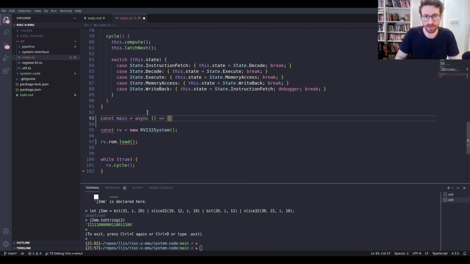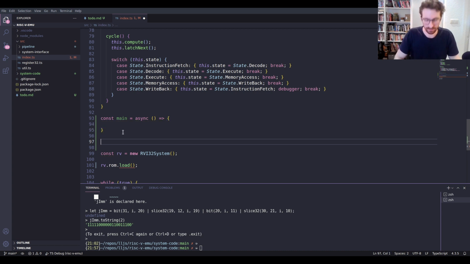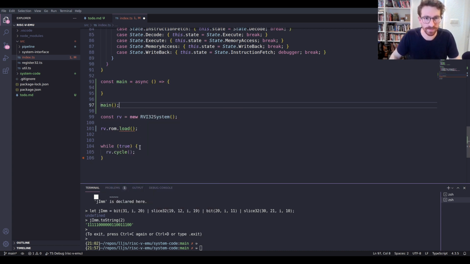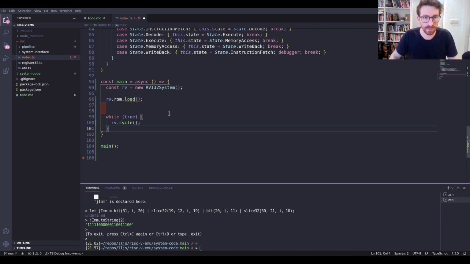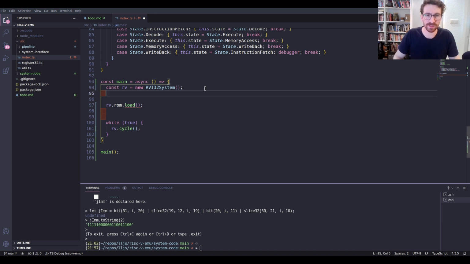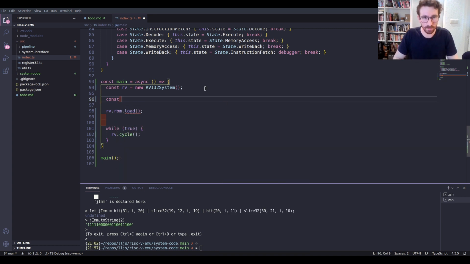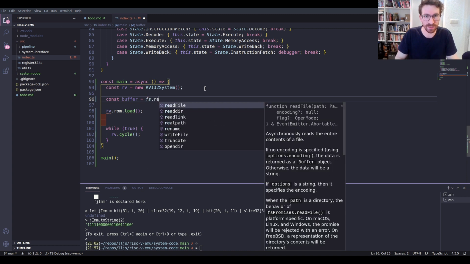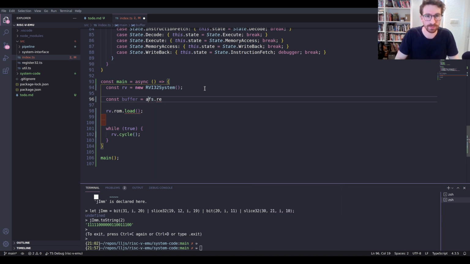I usually do that when I make these wrapper async functions. Move everything inside that, then run this main function. And now here we can just async await some stuff. So what we can do is get the program, but like a node buffer of the program. So we'll get that by doing await fs.readFile, and